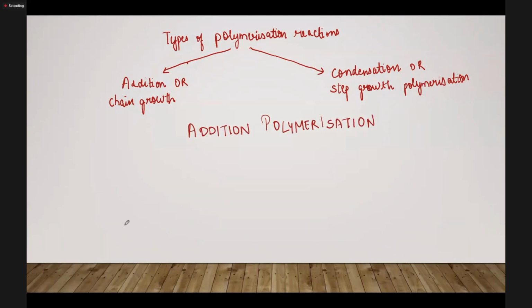Okay, so what happens in addition polymerization? The molecules of same monomer और different monomers. ठीक है, तो as I told you कि polymer में जरूरी नहीं है कि एक ही type का monomer हो. ठीक है, because we have two types of polymers in that respect, that is homopolymer and a copolymer. ठीक है, so you can have same monomer also and the different types of monomers. They add together on a large scale to form a polymer. ठीक है. Now, some important points I will mention in addition polymerization and then we will move on to the